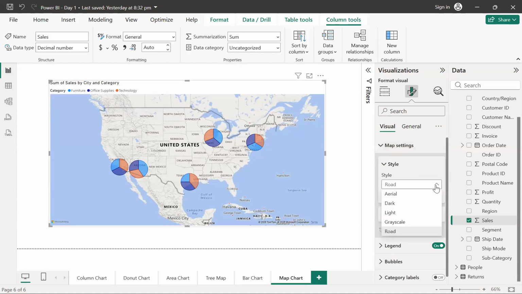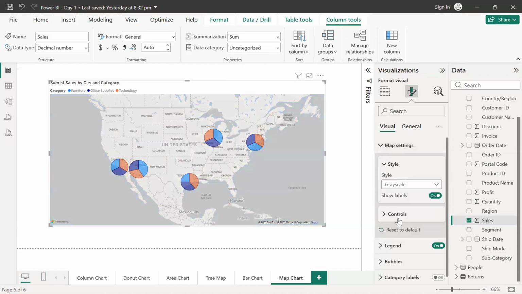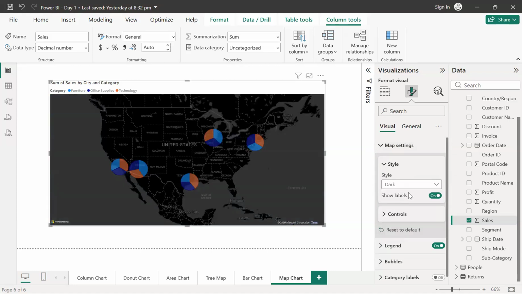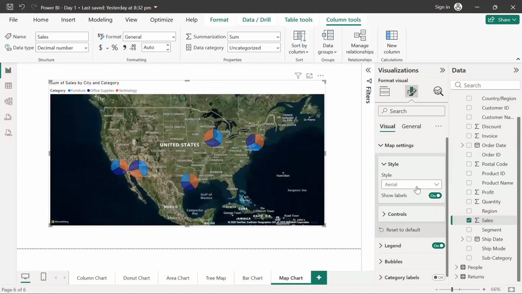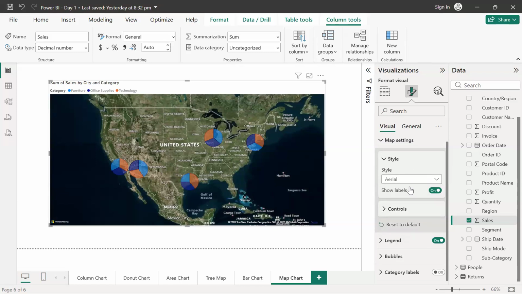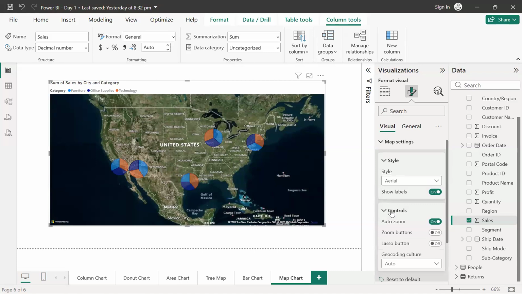If you want to change it to make it a bit more interactive, these are the options you have: grayscale, light, dark, and also the area. Dark will be fine, but in that case you have to even change the colors for the city names. So this is one thing, guys.